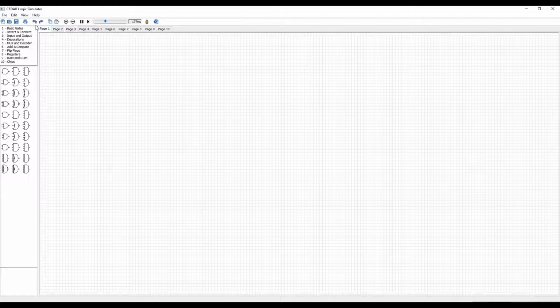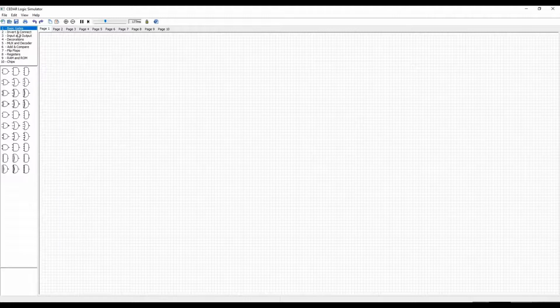And there is the main thing in the left top corner. We can see a list of panels. The first panel is named Basic Gates, and this panel contains various gates with different numbers of inputs. In the first row we can see 3 AND gates. The first AND gate contains 2 inputs, the second one contains 3 inputs, and the third one contains 4 inputs. Likewise, there are various logic gates that we can use in our circuit.